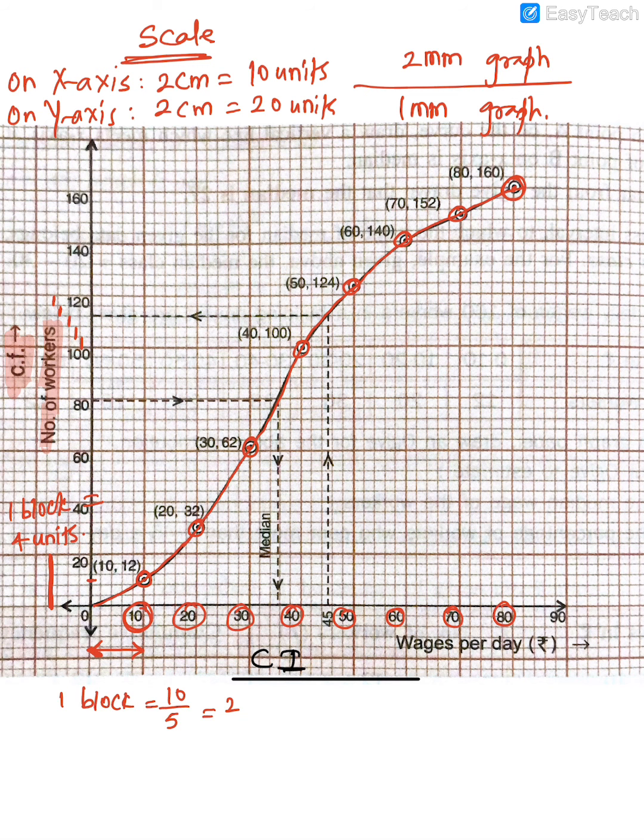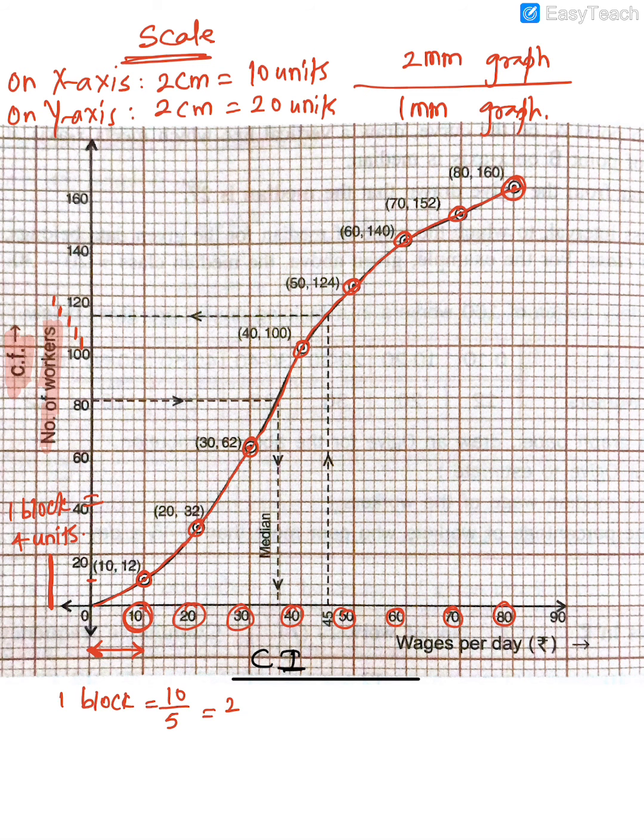Second thing, if you notice, this is a graphical method of finding the median. So our answers can differ. The person sitting in front of you or behind you in the exams may get a different answer. You may get a different answer, meaning your answers may vary by 1 or 2 points. That's okay, because it's a graphical method. There is no defined answer for it, just an approximate answer.